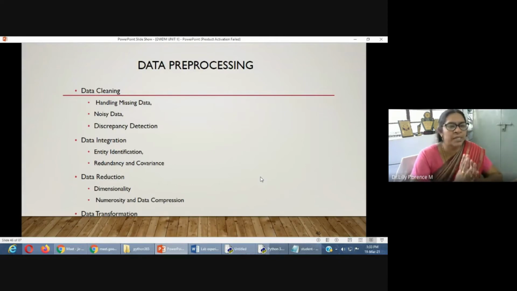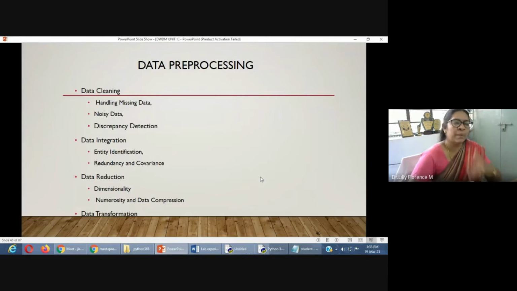That is numerosity reduction. Then the fourth one is data transformation. Here we are applying some normalization techniques to normalize all the data in a particular range. So these are the 4 steps that take place to prepare the data before applying our data analysis techniques. These are called data pre-processing.